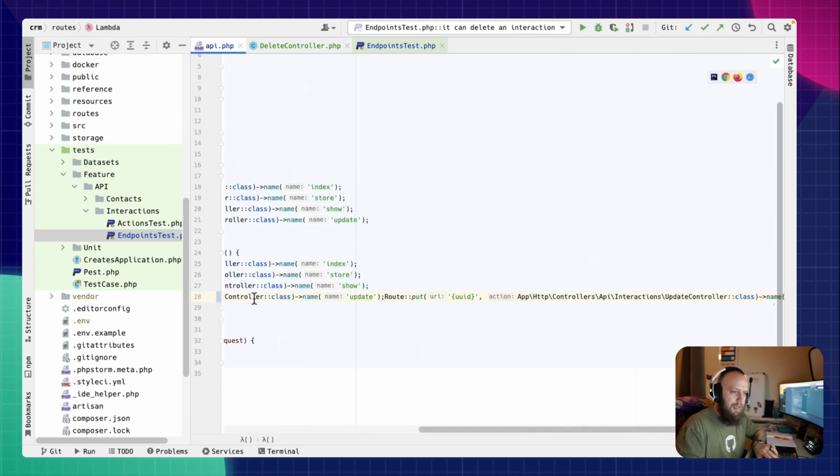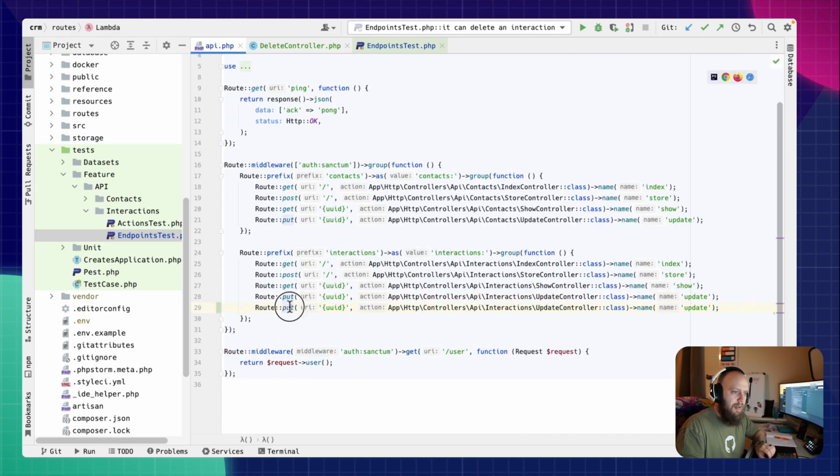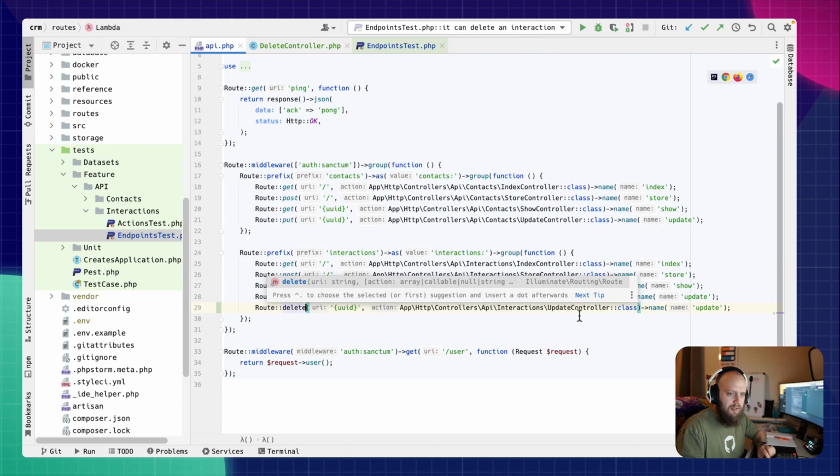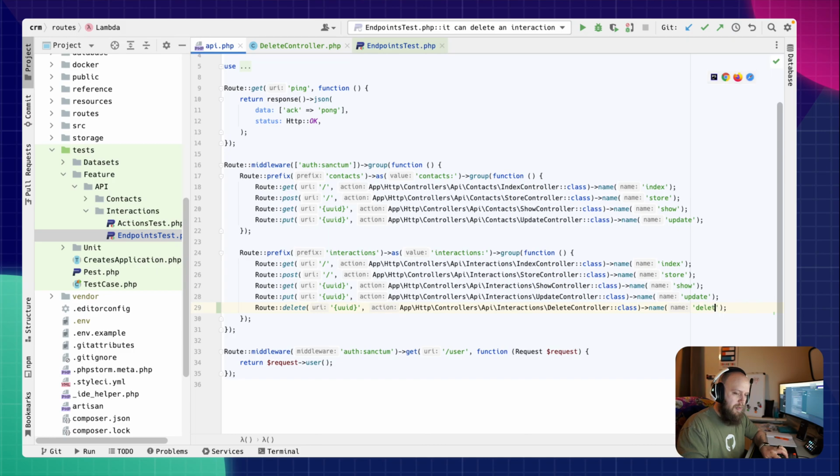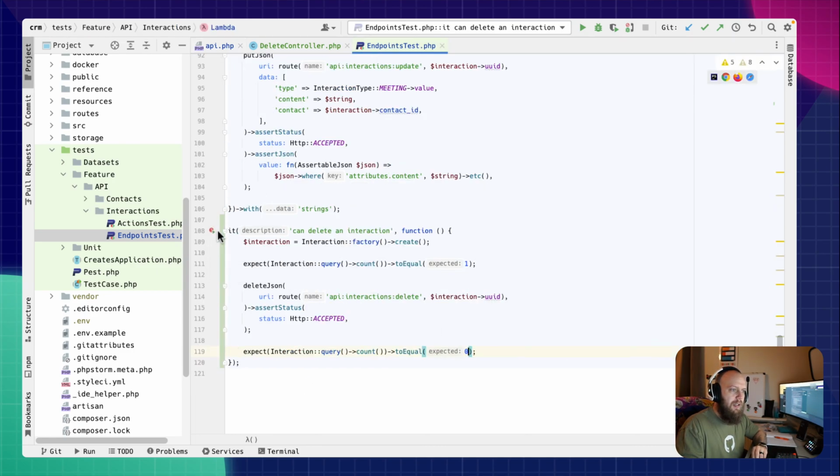So we're going to add this just below down here. We're going to do a delete request to the delete controller, and we're going to call it delete. All pretty straightforward so far. So now if I run that again,